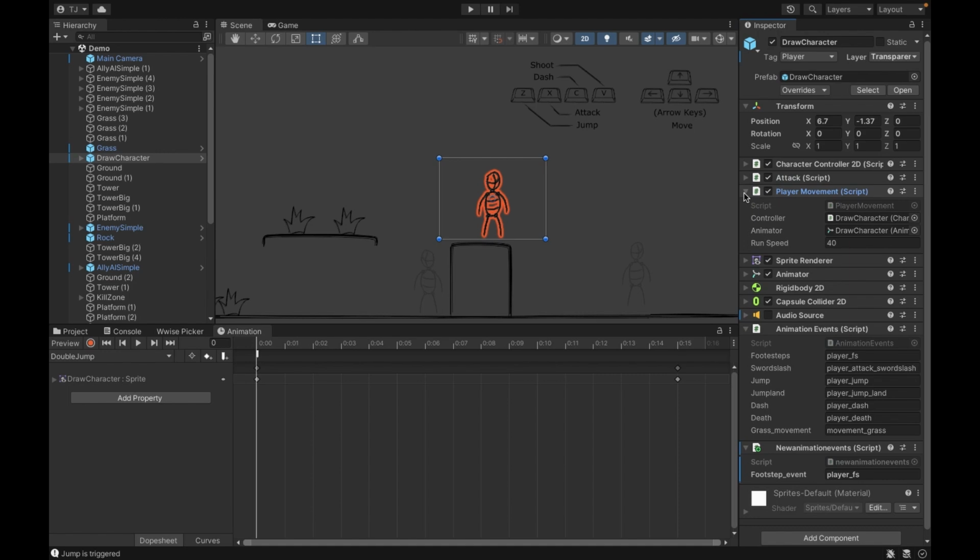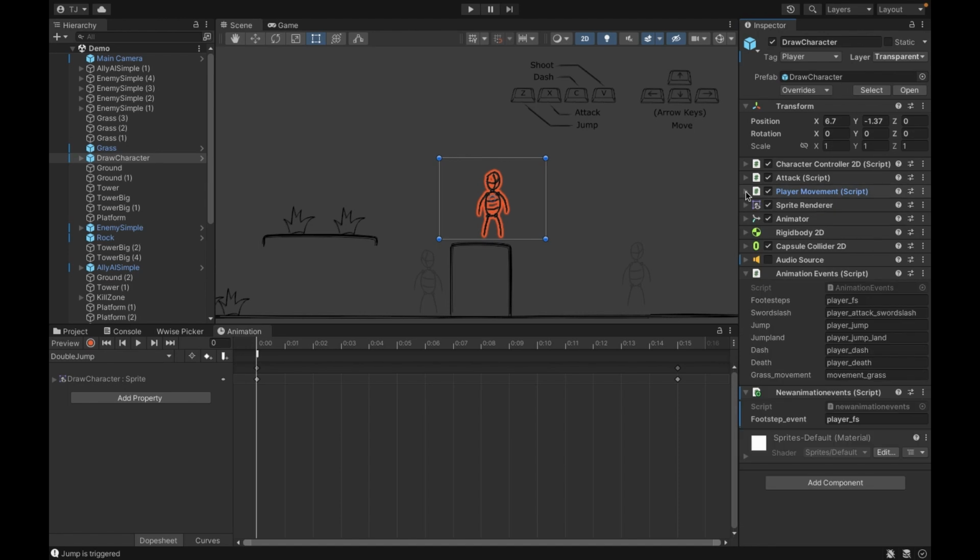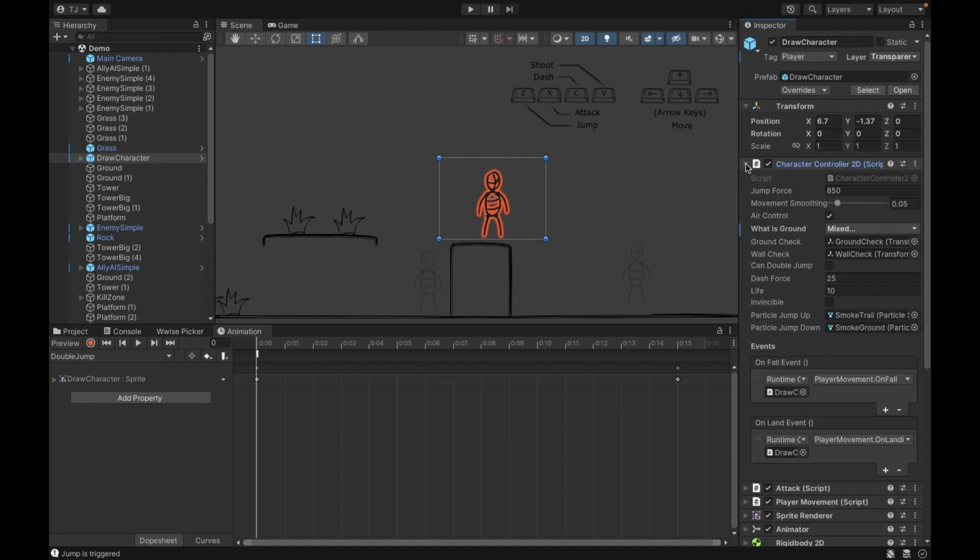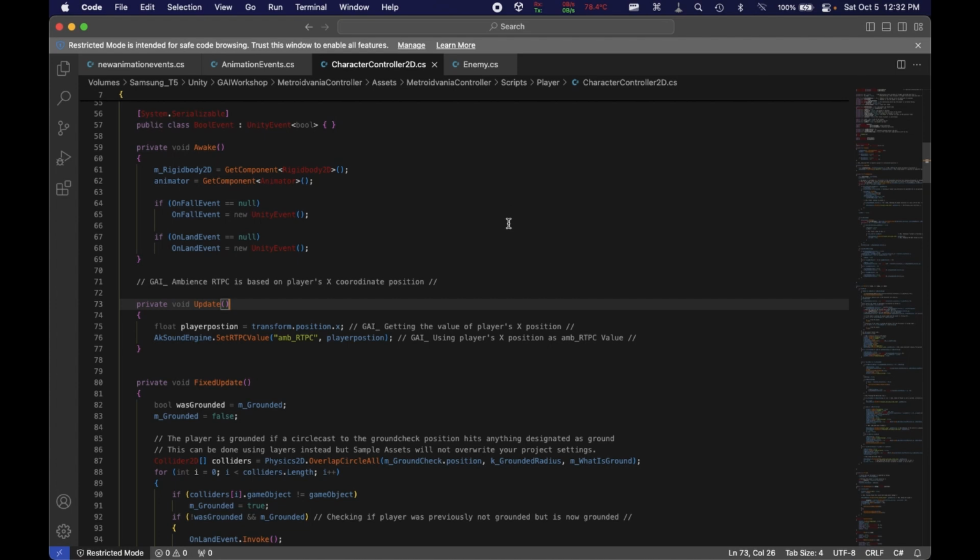These are all custom defined scripts that are responsible to handle certain actions or certain movements of the player. Let's see one of these scripts that is called the character controller 2D. I'll open the script,